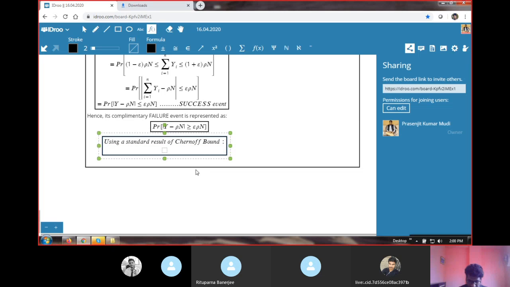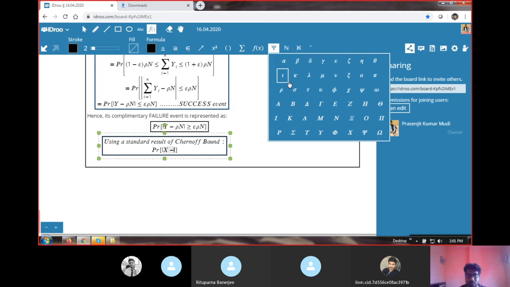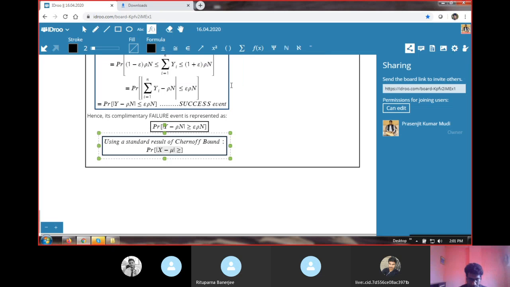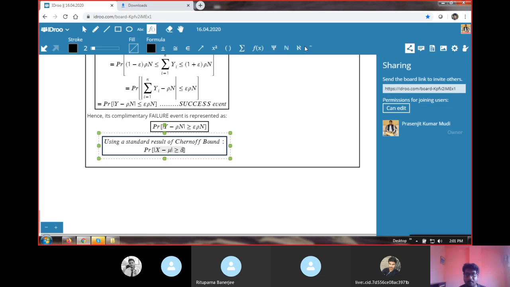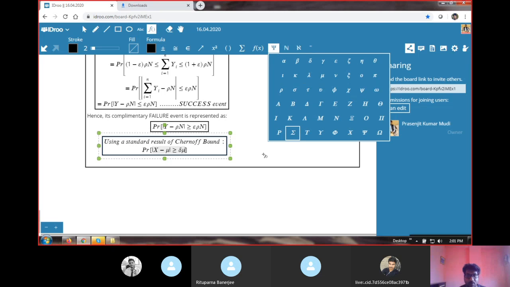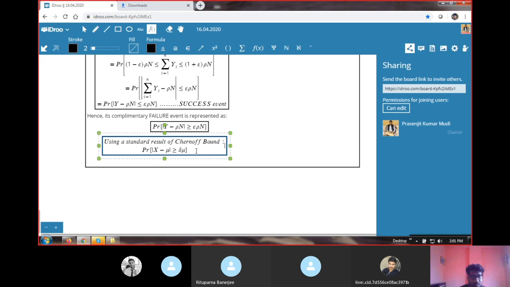What is the Chernoff bound? The probability of this form, mod of x minus mu greater than or equal to delta times mu, is less than or equal to